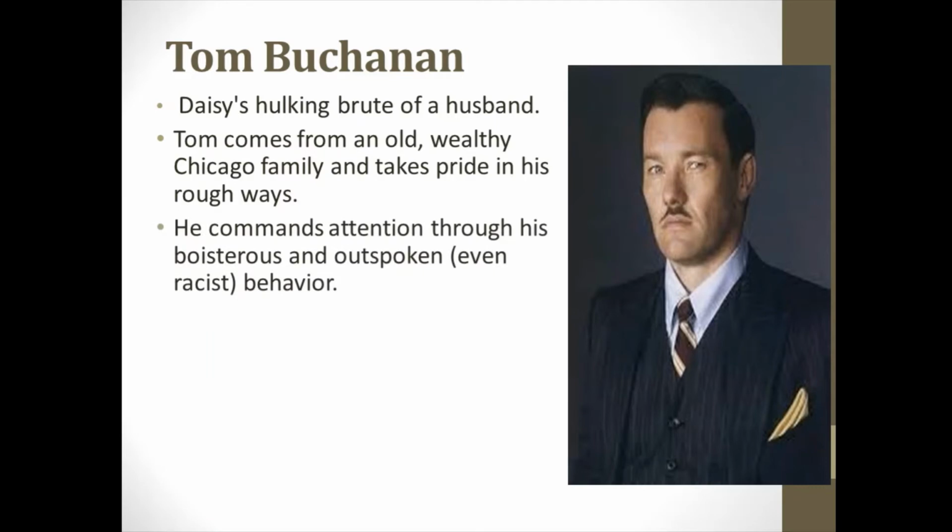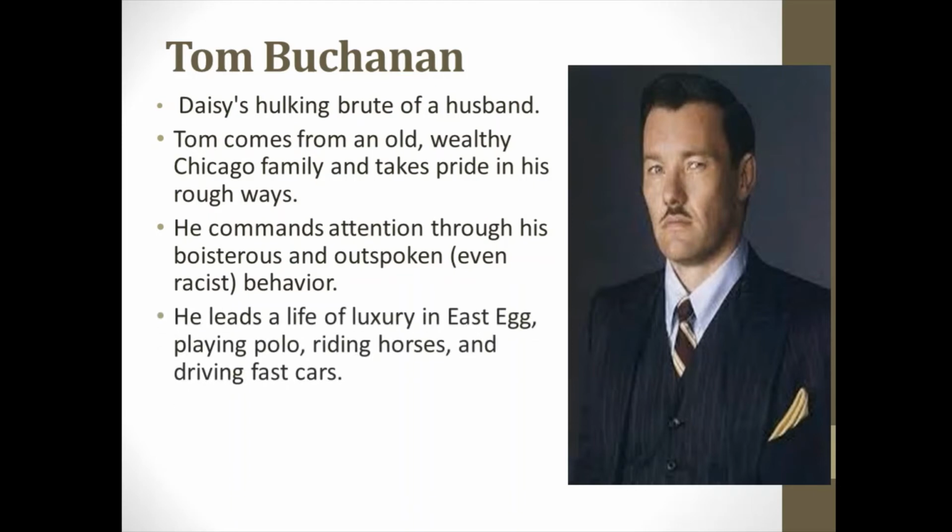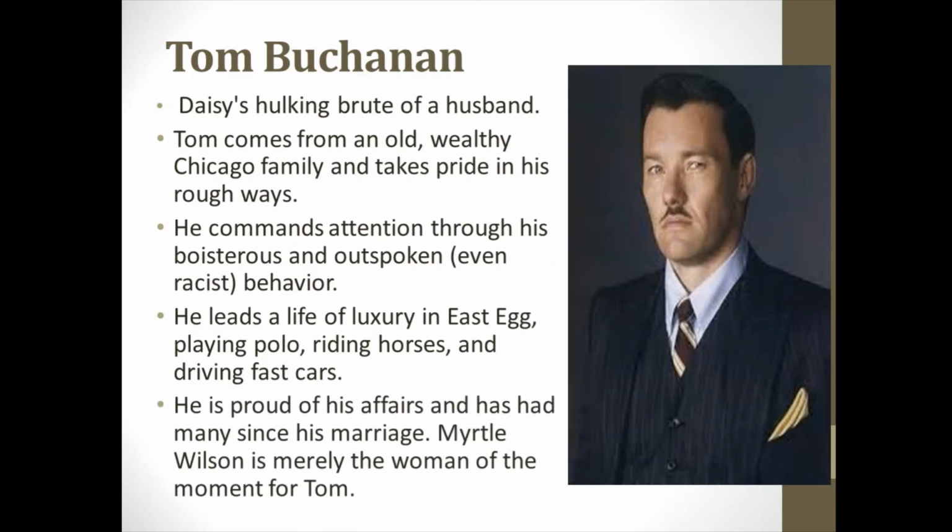Tom is self-centered and controlling. He doesn't respect women at all, and even sometimes abuses women, including his wife Daisy and his mistress Myrtle Wilson. He is proud of his extramarital affairs and has had many since his marriage. During the novel, we find that he is engaged with Myrtle Wilson. Throughout the novel, Tom manipulates situations and people to hide his